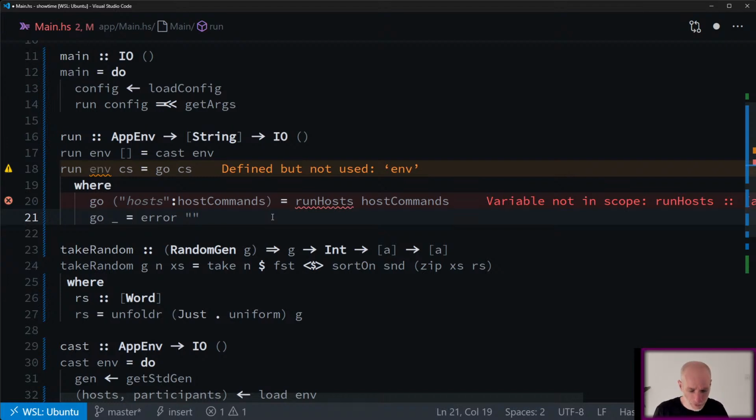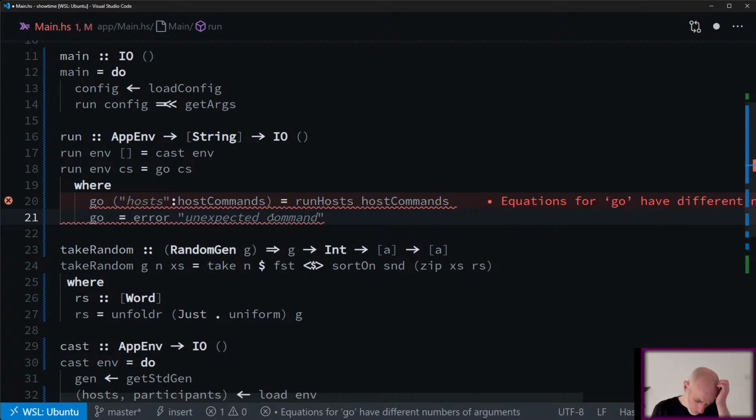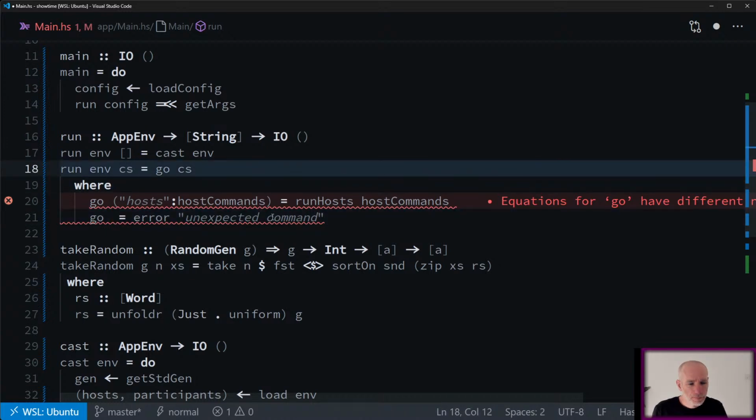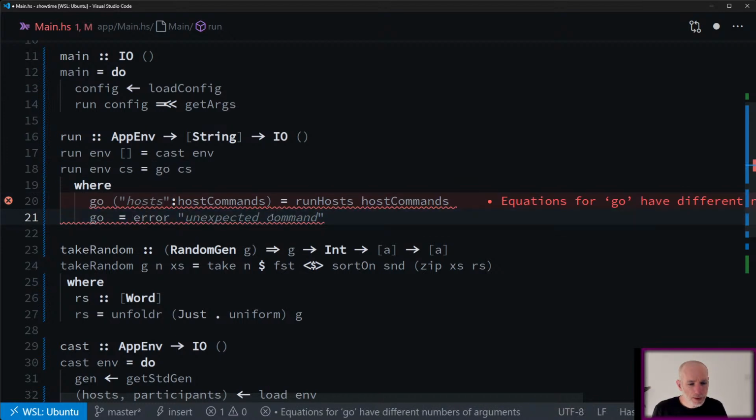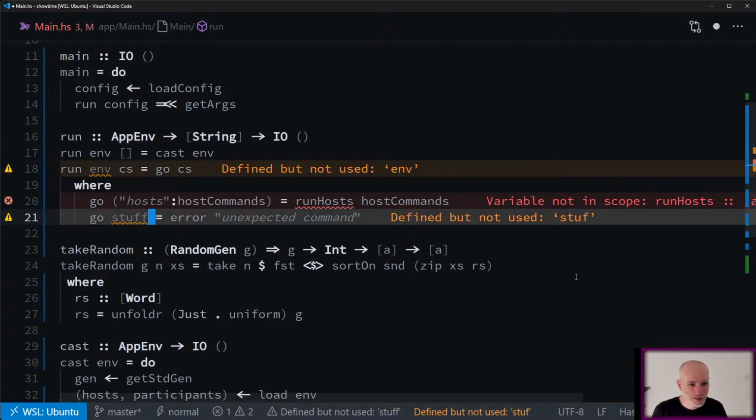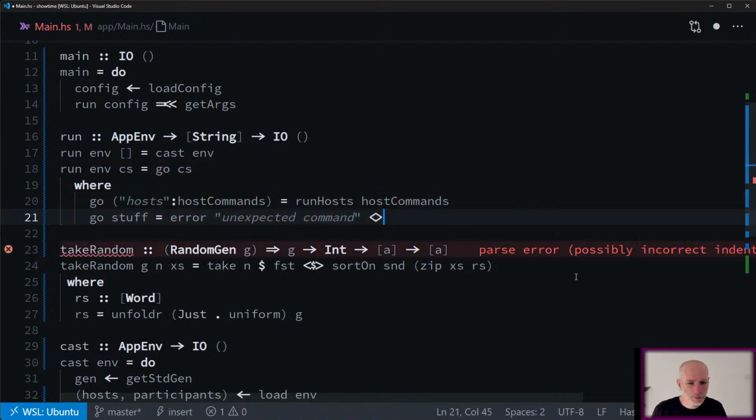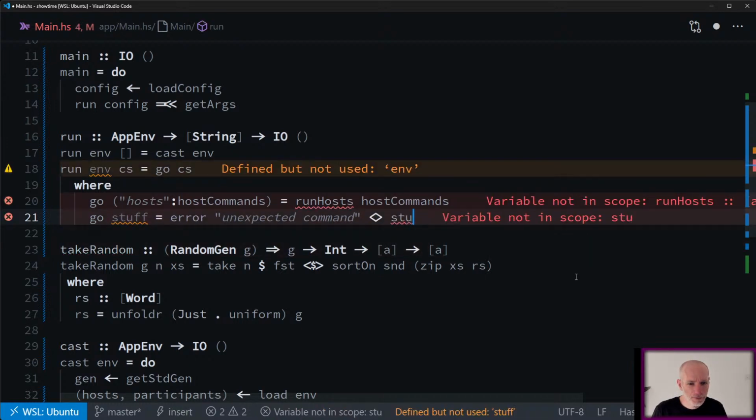So we say unexpected command. In fact, let's take this error. Sorry, we'll say go. We'll take a list of some stuff, not sure what to call it there, and we'll go in the stuff into there.